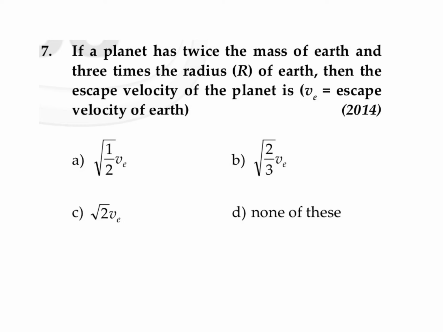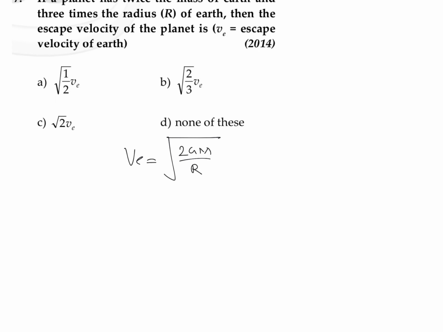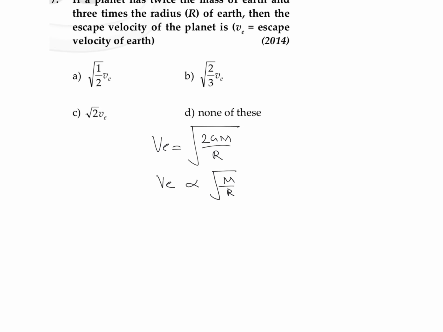A planet has twice the mass of Earth and 3 times the radius of Earth. Then what is the escape velocity of that planet? And v is given as the escape velocity on Earth. So we know the equation for escape velocity, which is equal to root of 2GM divided by R. So we can write that escape velocity is basically directly proportional to root of M and inversely proportional to